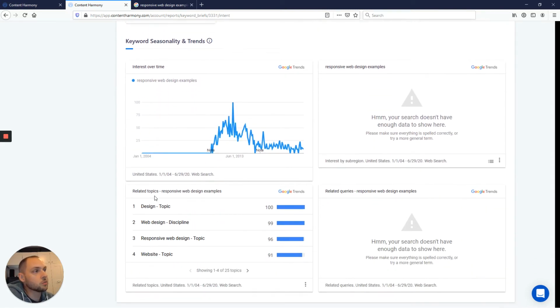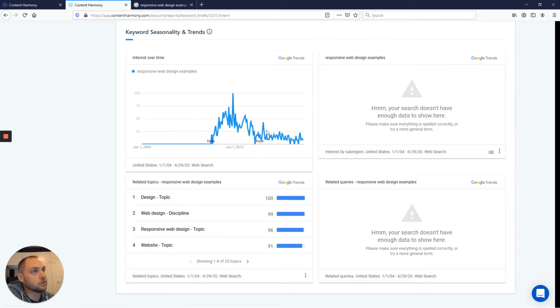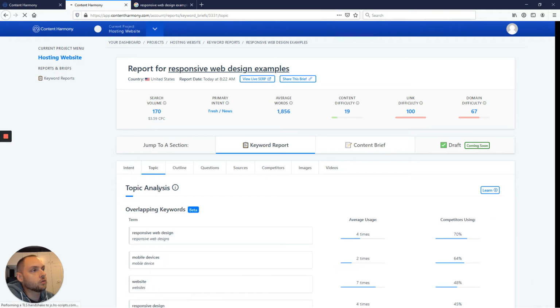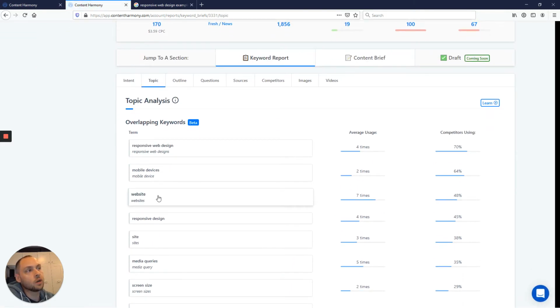Now, we also give you some Google Trends data here, so you can get a little bit of a better idea of long-term keyword history, any seasonality, subtopics from Google Trends, things like that. So mainly, I look for things that would tell me I need to produce my content differently on the intent tab. Now, for topic, we get into our topic model, and our topic model is based upon analyzing IBM keyword